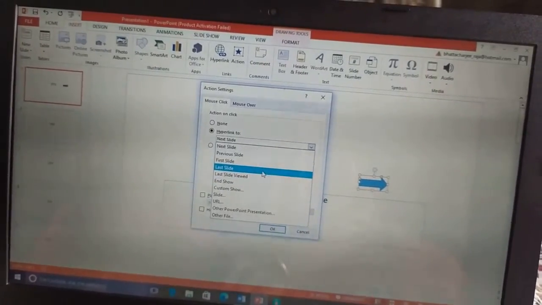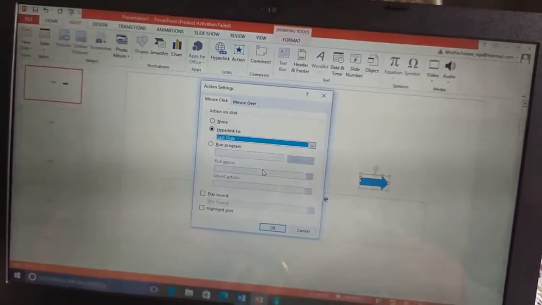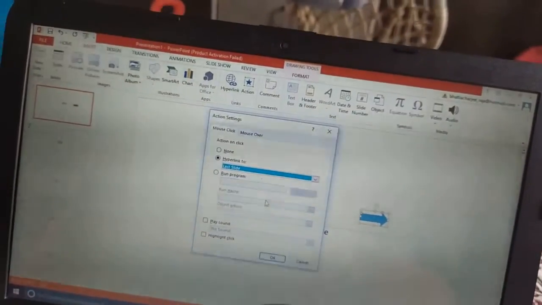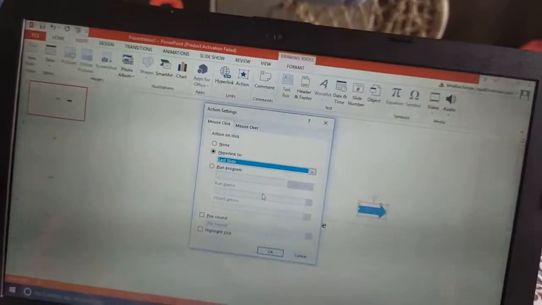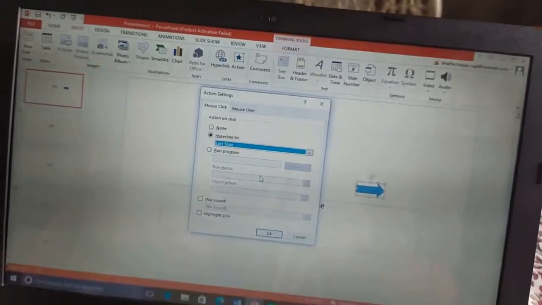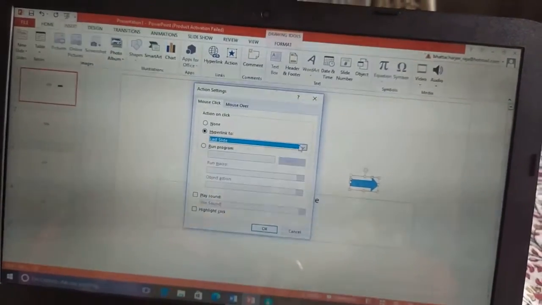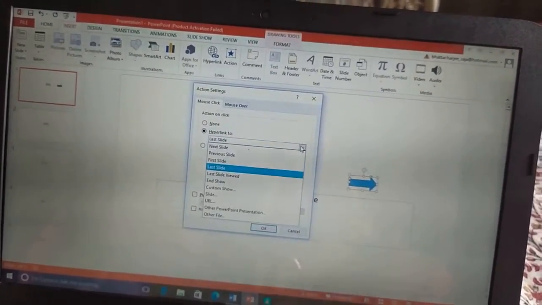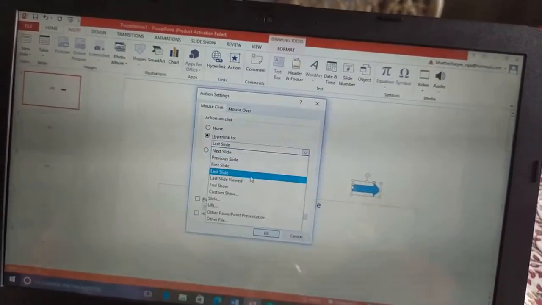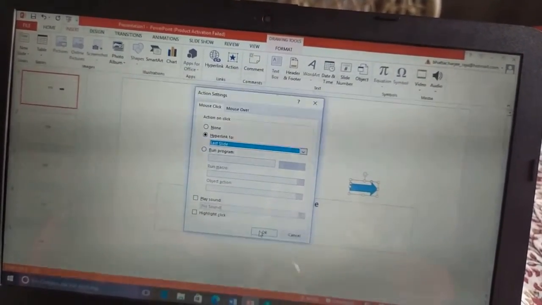Click over here, select last slide. Okay, several options are there. Next slide, previous slide, many options are there. I am selecting last slide and after that click OK.